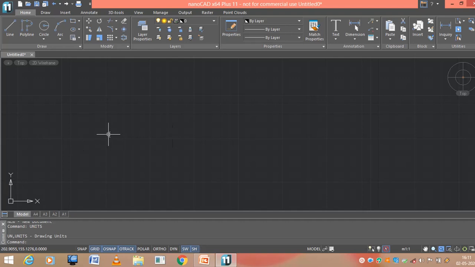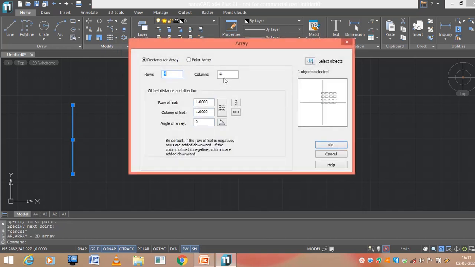Now that my workspace is ready and everything is set, I have selected the unit millimeter. Now as usual, let us write line. This is to represent a visible conductor. Since it is a double layer, there are visible conductors and then invisible conductors. Totally I have 42 conductors.